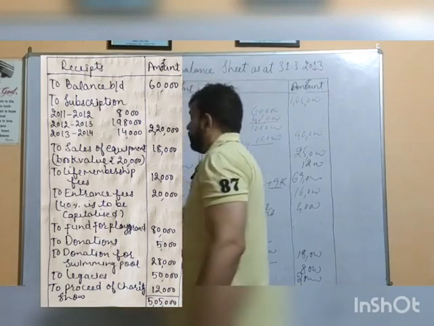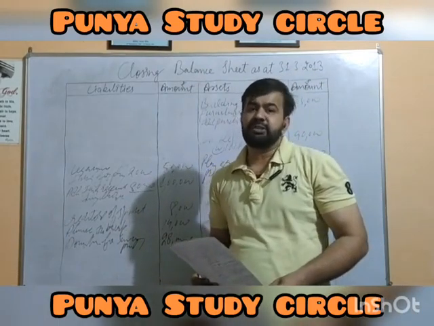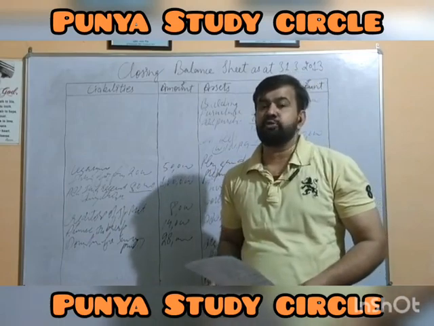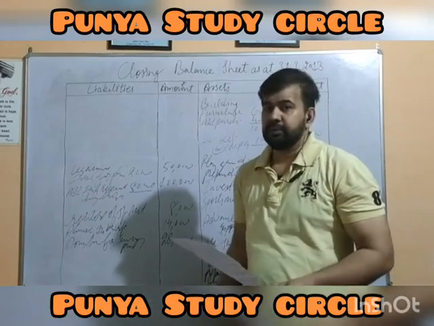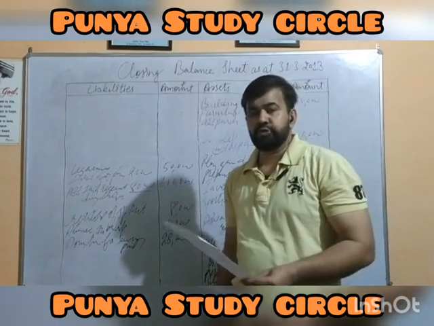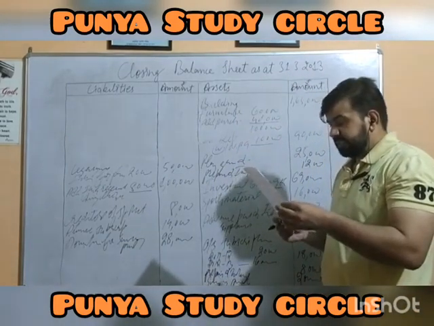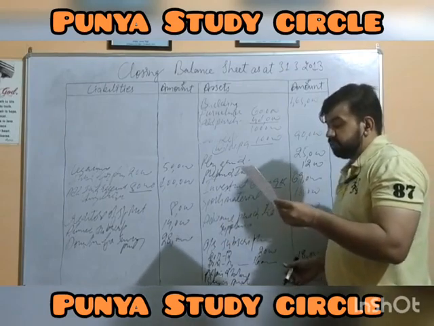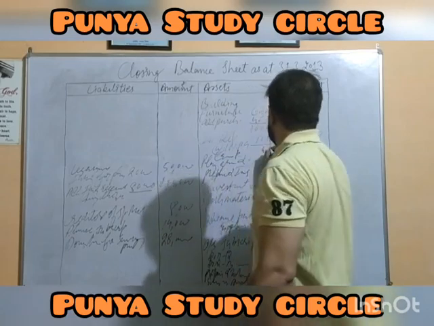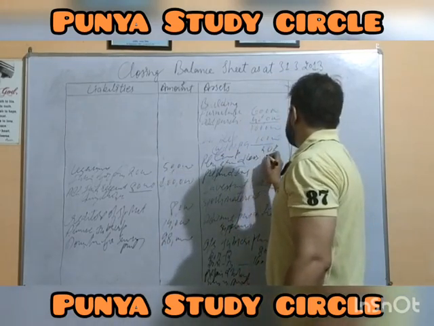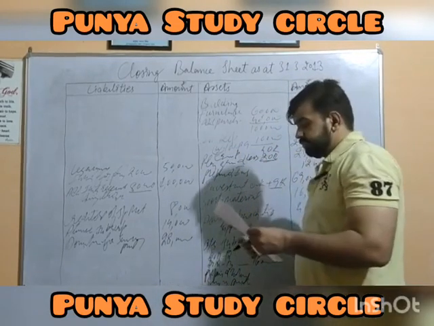You know what? When you will be studying at your graduation and post-graduation, you will find that even life membership and legacies are also to be capitalized and added to the capital fund. But here we show them as a separate head until and unless we are not called to capitalize it. But we have to capitalize the said portion of entrance fees. Then we are having sales of equipment. Equipment we had in the beginning, rupees 40,000. Writing here, equipment rupees 40,000 less sales. 20,000 equipment we have sold, so we are provided with just 20,000 rupees equipment at the end of year.